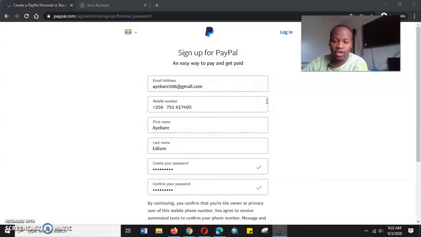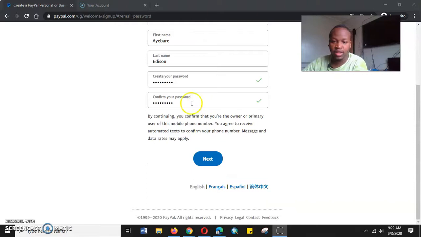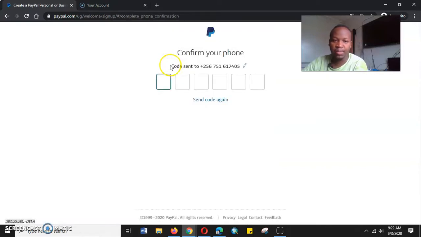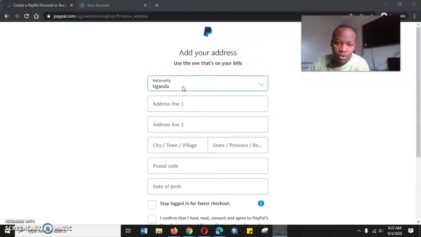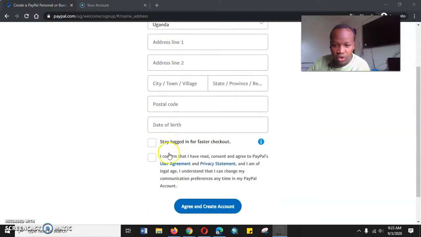Ensure you fill in the correct email, the phone number, the first name and the password. Ensure the two passwords are the same. By that you will be good to go. So the other thing that we really need is, we will come here next. This phone number, I know they'll be sending a confirmation code. We'll have to confirm it at one point on the phone number it will be sent to. Upon filling in the code, we'll be able to come here and add our private address. We need to add address 1, city, the postal code, date of birth, and we confirm that we've read the